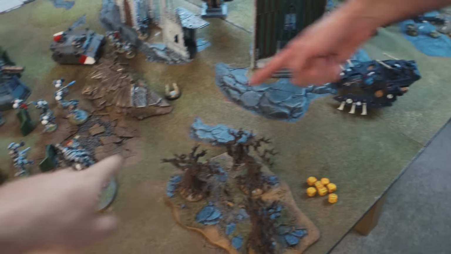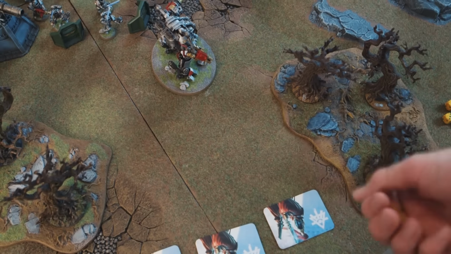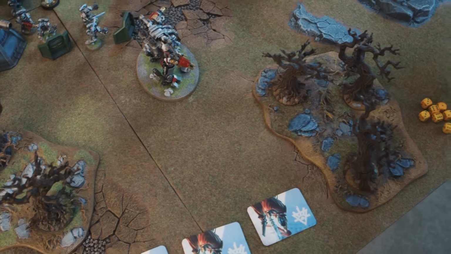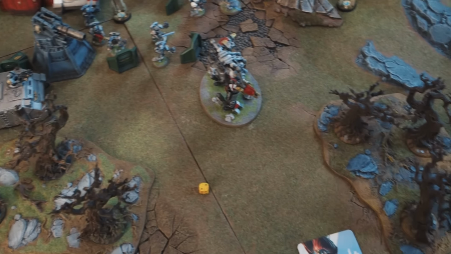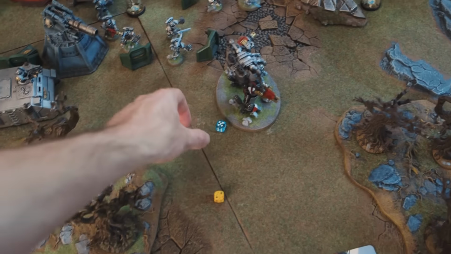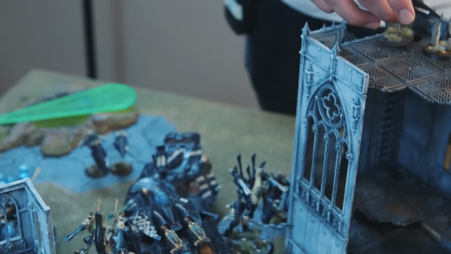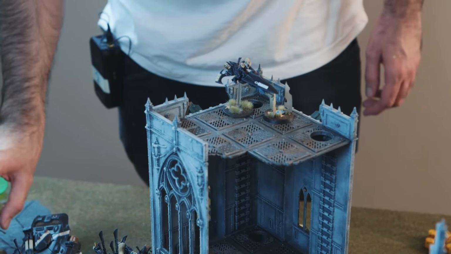Okay, we have this Wave Serpent here, firing through at this Dread Knight. Hits. What's he firing? Shuriken Cannon? Nope, Bright Lance. Oh, Bright Lance. Fine. 2s. Wounds, 1 invulnerable wound. Now this is a 4+ because he also got Sanctuary off. Passes. We have a turbo boost, so these bikes here are turbo boosting on top of that building, claiming objective